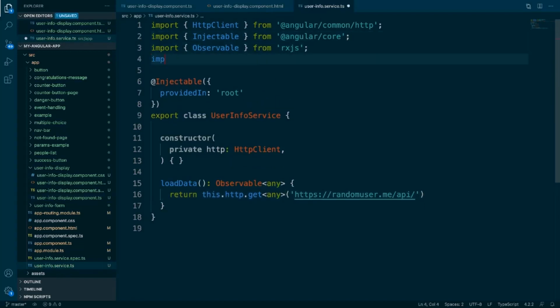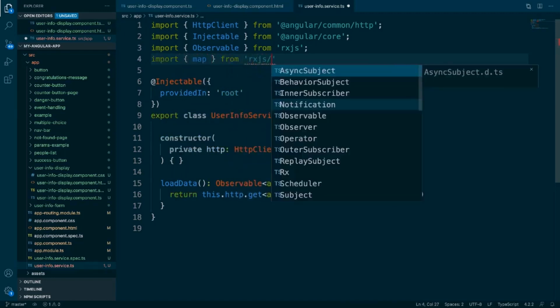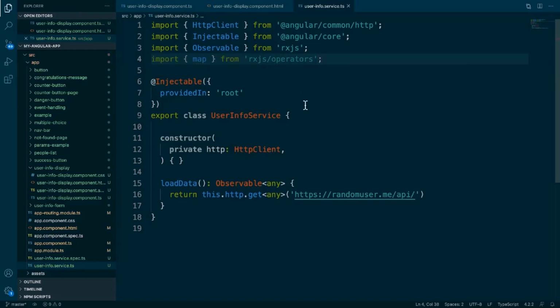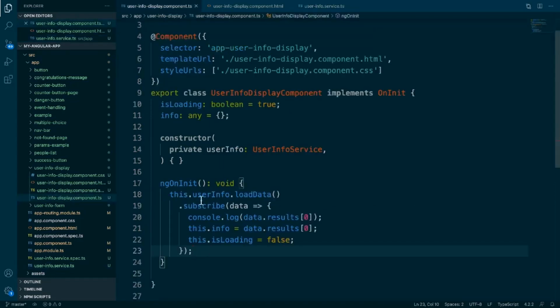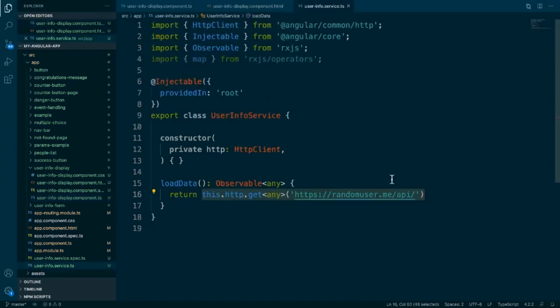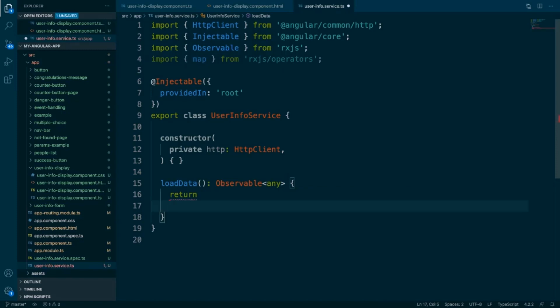What we're going to do is import something called map from rxjs/operators. Now, what map does is it allows us to transform data flowing through an observable, right? With this observable here, for example, the data is flowing through, and right now it's flowing directly into this subscribe, and we're getting the raw data that we got back from the API right here. But we can actually put together a sort of transformational pipeline for ourselves, and that'll look like